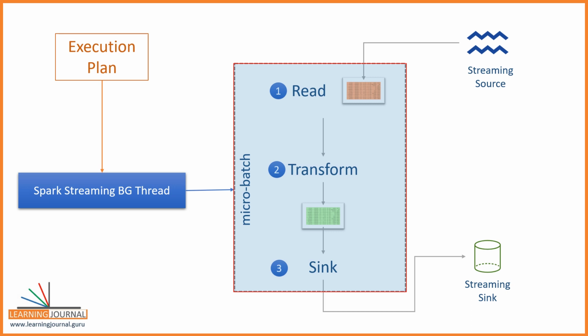The background process will wait for the second micro batch to complete and trigger the third micro batch if you have some more data to process. So the loop is created and managed by the background process, and it goes on forever. Make sense? You can see some of these things happening on your Spark UI.